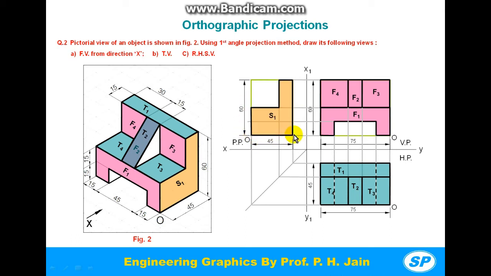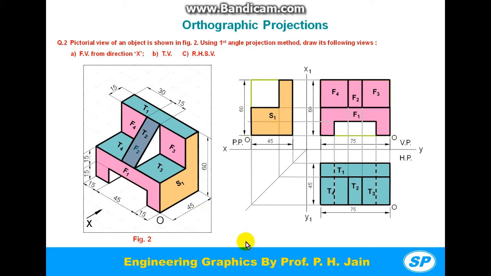Simply we have to make some of the lines dark. Already we have constructed the rectangular box and we have taken some projections from front view and top view. It depends upon the visible edges seen from right hand side. From this right hand side we can see this bottom edge, this vertical edge, then this horizontal edge. So simply make these lines dark to draw the S1 face.